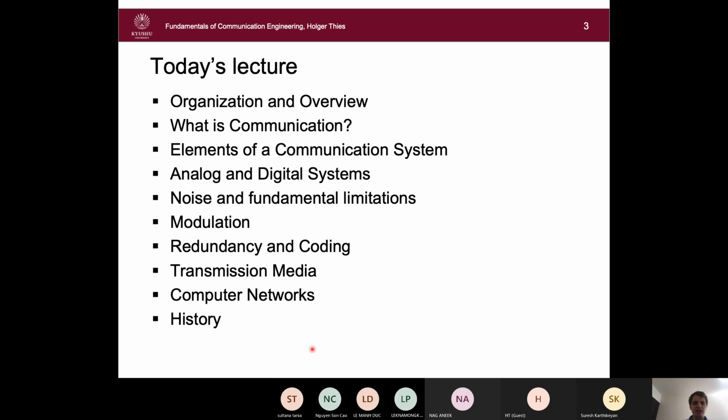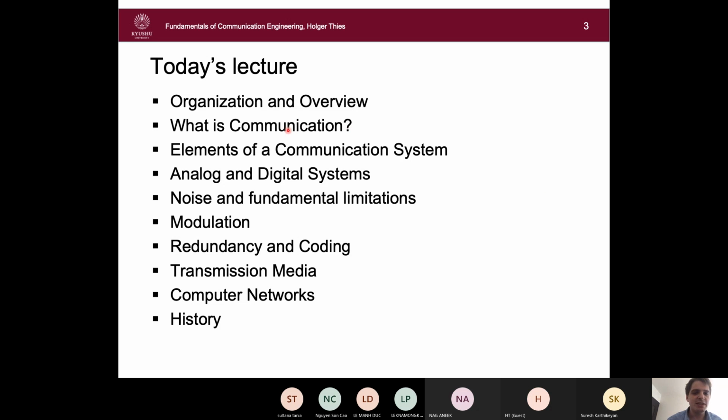Okay, so then I will start with today's lecture. What will I talk about today? Today's lecture will just give you an overview of the whole class in simple terms. The goal of this class is that you know all the topics, that you have an idea of what all the topics I just showed you on the previous slide are about. So I will just give a brief introduction to each topic and what it is about.